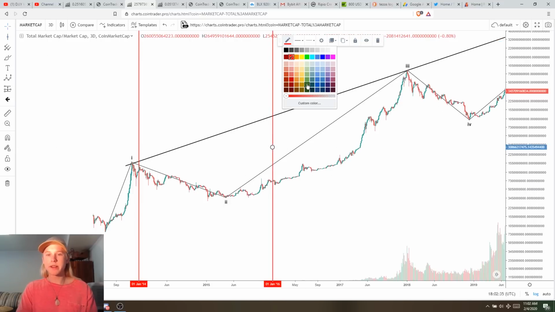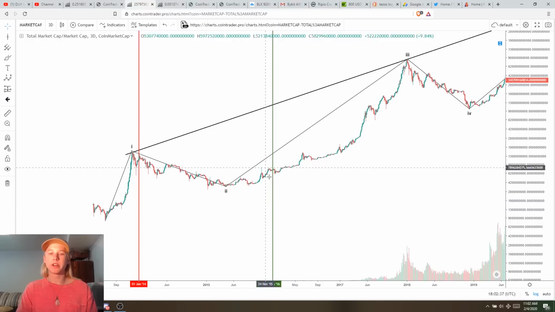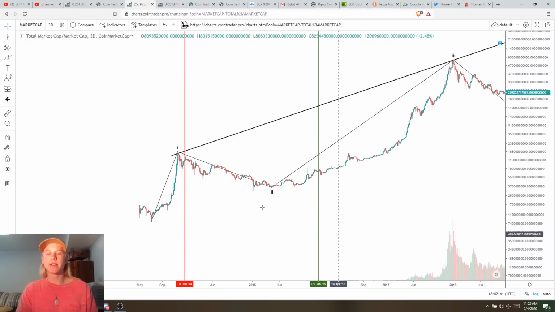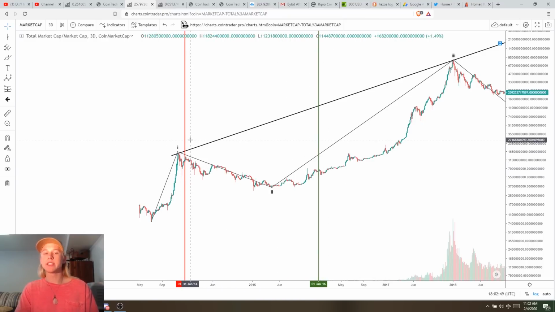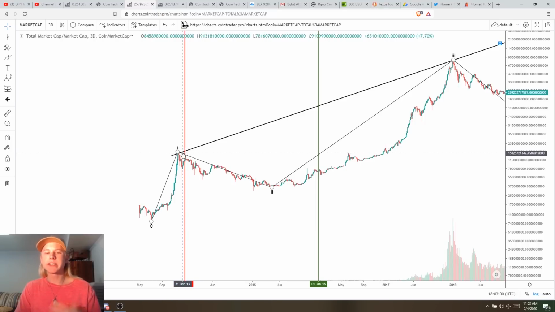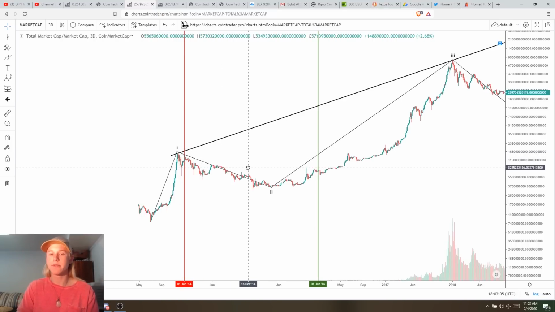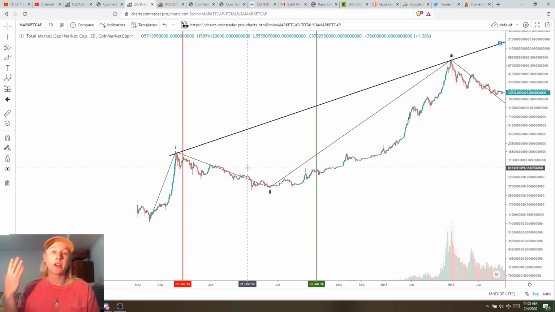And so then we would label this one green because this would have been really our bullish reversal. And so what we can see here is the fact that we're catching the majority of the trend taking place here inside of the total market cap. From reversal to reversal, it's a 2-year increment. And it's really crazy because that's almost the exact top of the cycle. And if you would have just traded based off of this time frame analysis, you would have probably done better than almost 95% plus of the market.